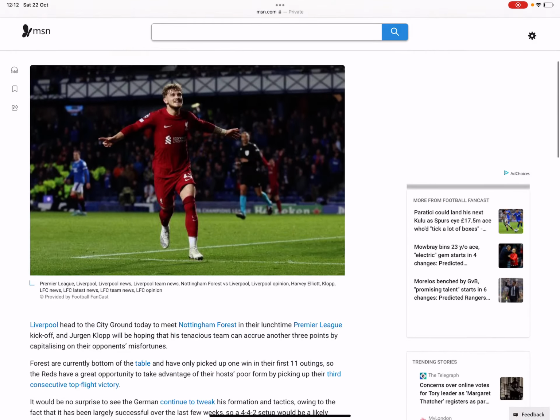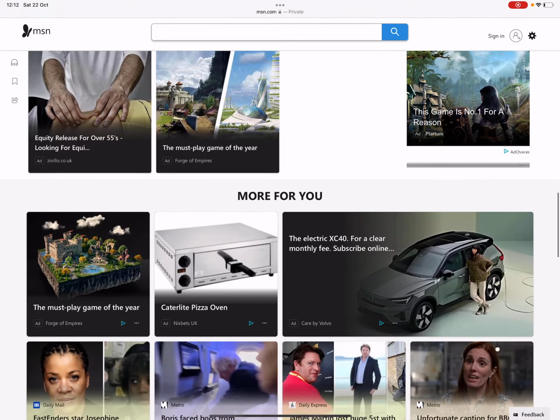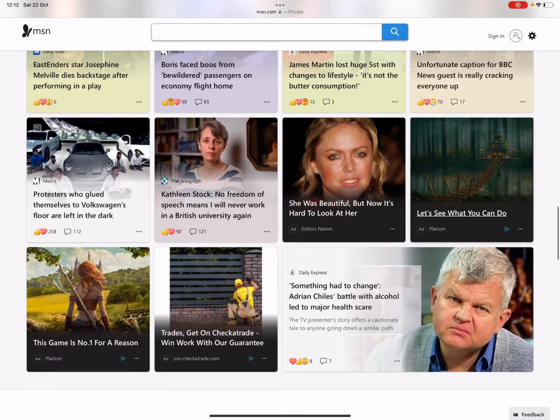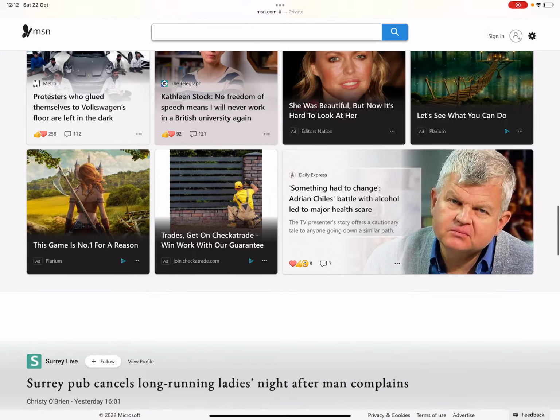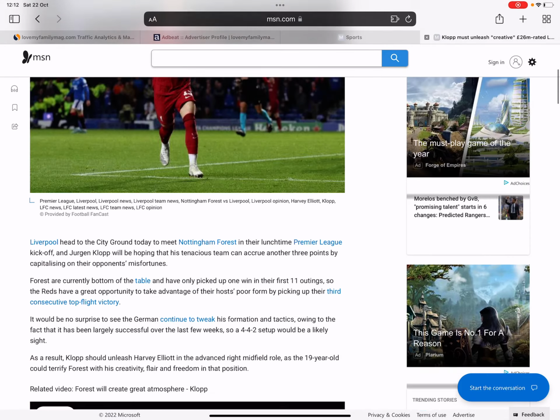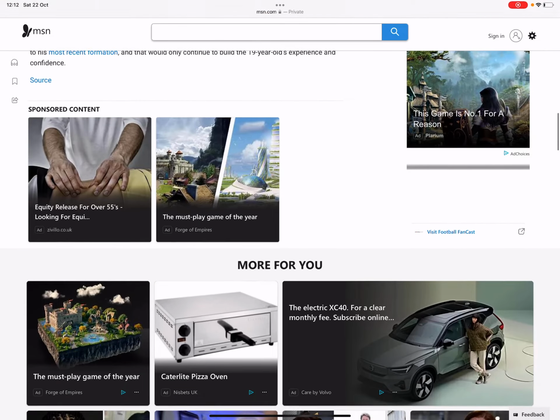Then we want to go under here, and as you can see, ads. We want to look for AdSense-based ads. This is more of a manual way of doing it, but if you do find any AdSense-based ads here, one, they're running live now, and two, they're running successfully.